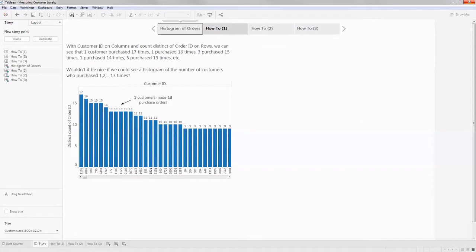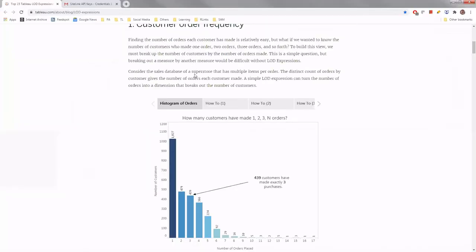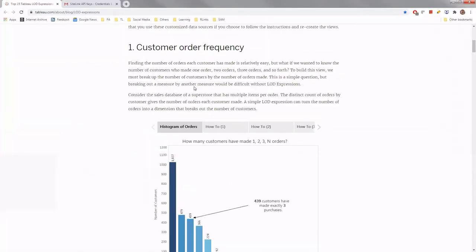First thing, let me explain the question here. The question is customer order frequency, and all this data we are working on is majorly the sample superstore data, but if there is a new data source that we are working on, I'll talk about that. But the first example here is the sample superstore data, and here what we need to find is